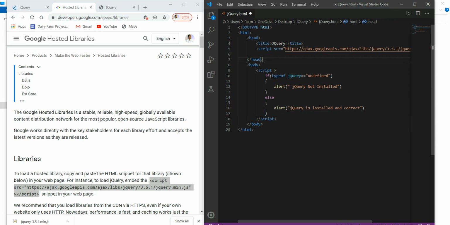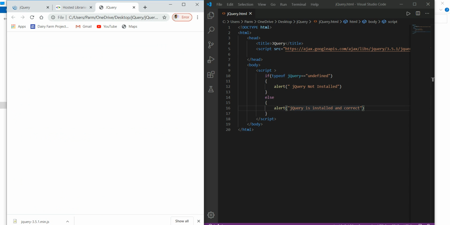Just save this and open the URL in your browser. I have already opened this URL in my browser, and I'm going to refresh it. It says that jQuery is installed and correct.